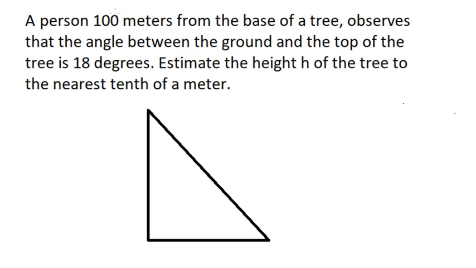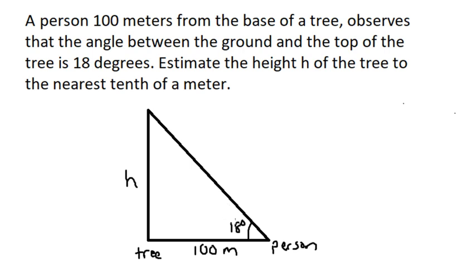And it says a person 100 meters from the base of the tree. So if this side over here is the tree, and this is the person, this would be our 100 meters. And we said the angle between the ground and the top of the tree is 18 degrees, so this angle right here is 18 degrees. We want to estimate the height of the tree to the nearest meter. So if this is the height of the tree,